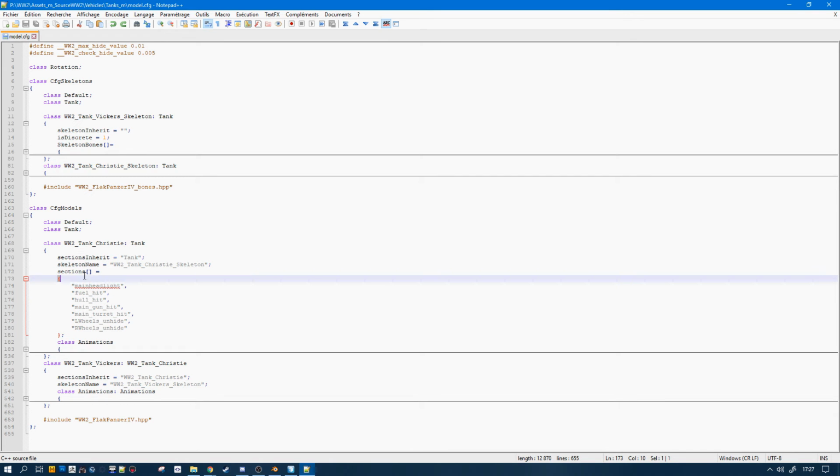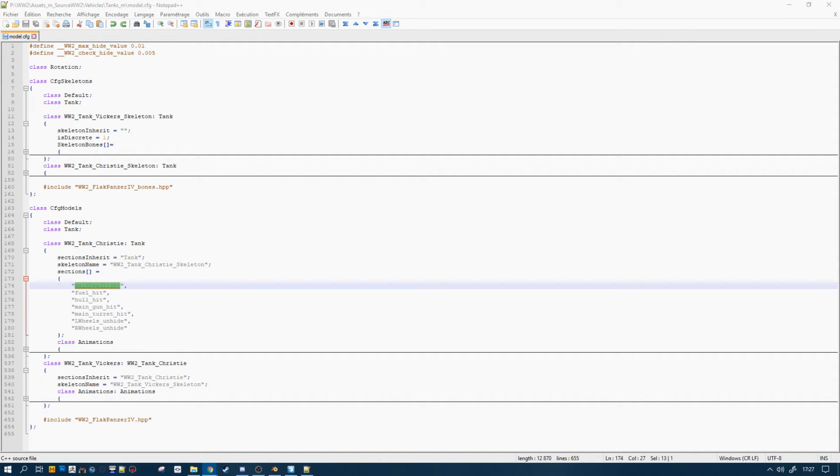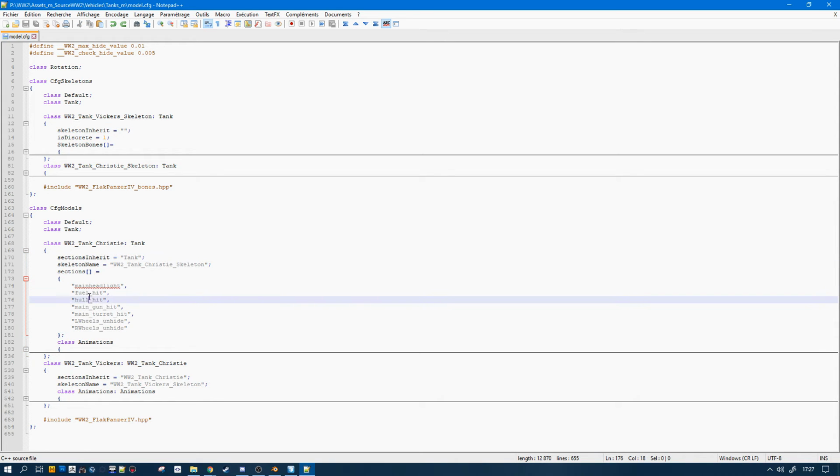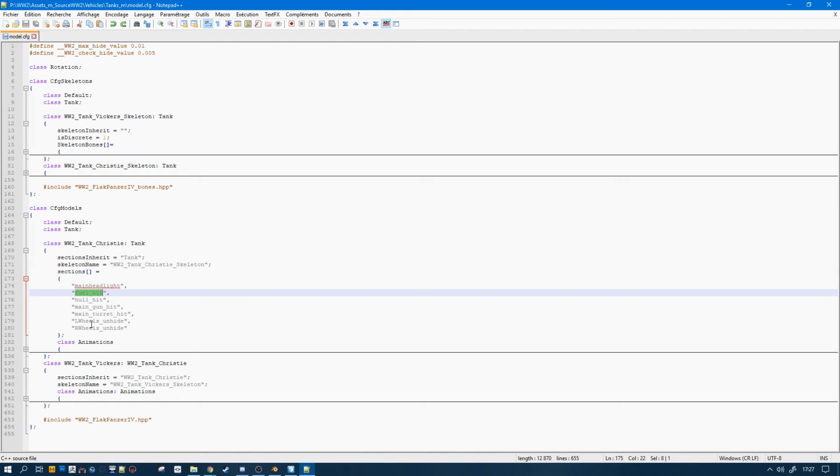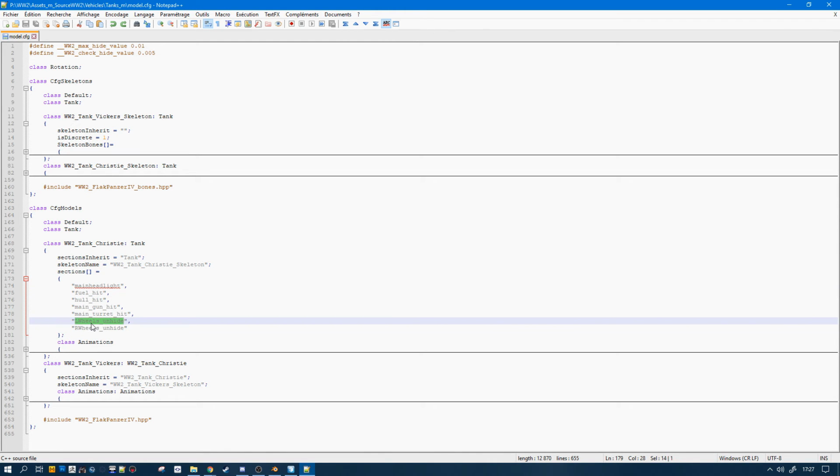The last part is sections. Sections is going to be hidden selections and everything that is going to change texture. So main headlight is going to change, because when you are lighting up the light, it's going to create a glowing effect. Fuel it and main gun it are going to show up damages on the vehicle when it's damaged or destroyed, and wheels and hide are for track destruction system.